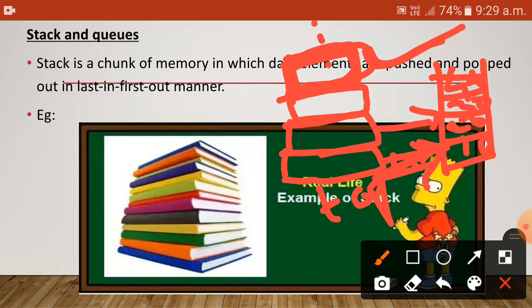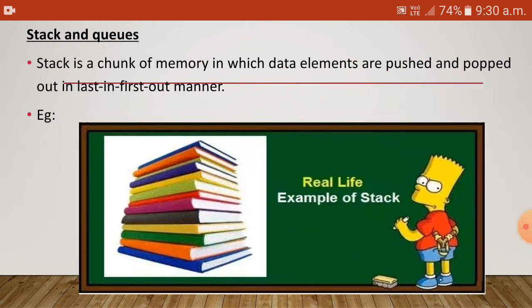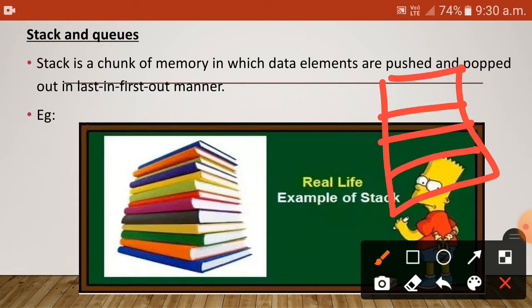While inserting data, the top is incremented and the second data is inserted, then we increment the top and the third element is inserted, and we increment the top and the fourth one is inserted. If you want to delete, we delete from the top itself, that is, the topmost element is deleted first.